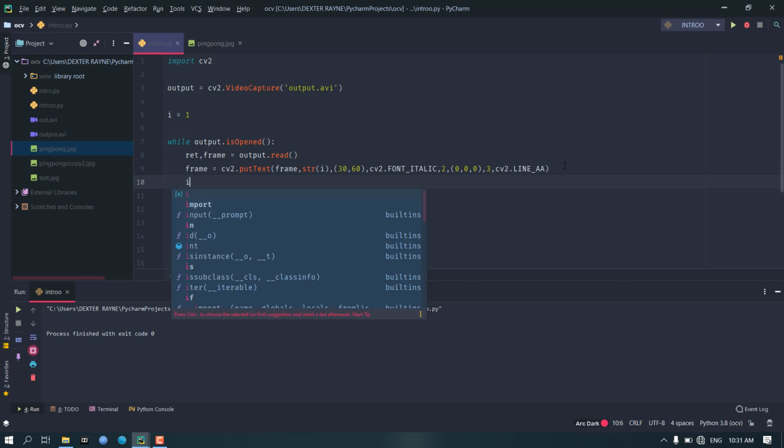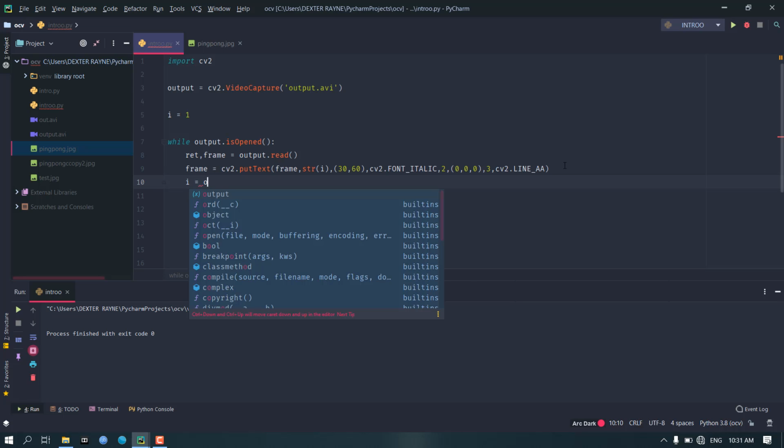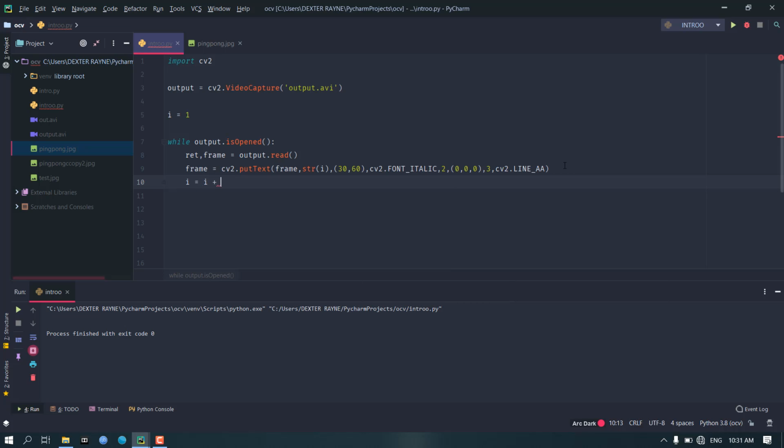Okay, we are done with all this, and now we are going to increment I. I plus plus will not work here, so I is equal to I plus 1. The next thing we are going to do is show this image, cv2 dot imshow, and the window name is video, and the image that it is going to show is frame.